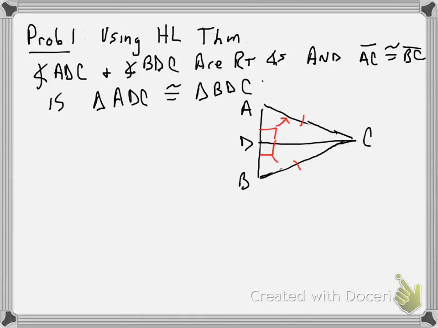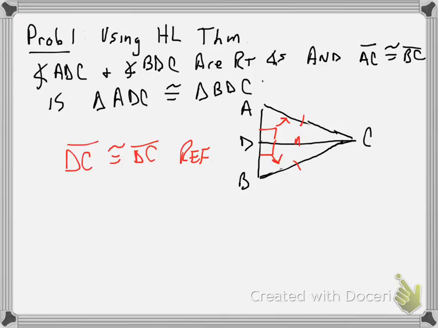I use the corner of the box here to draw an arrow to my hypotenuse. So BC and AC are the hypotenuse of the respective triangles. Okay, so we have the hypotenuse. Do we have a leg? Well, again, if I take a look here, I've got DC. So since DC is congruent to DC by reflexive,